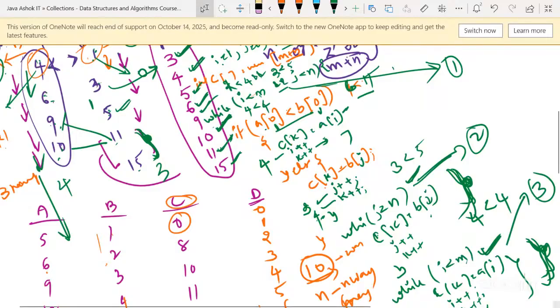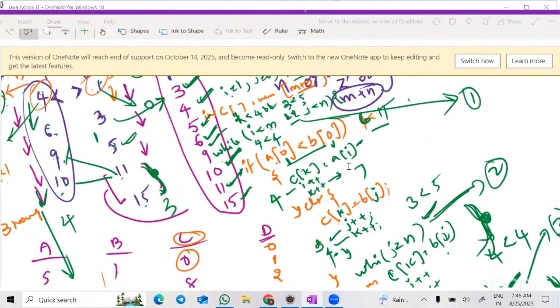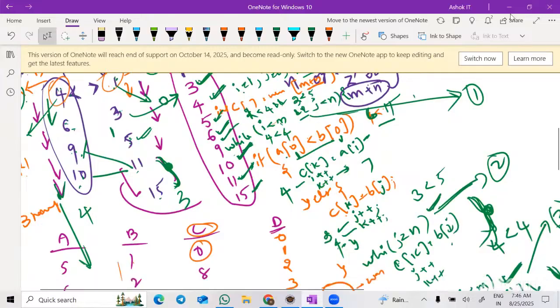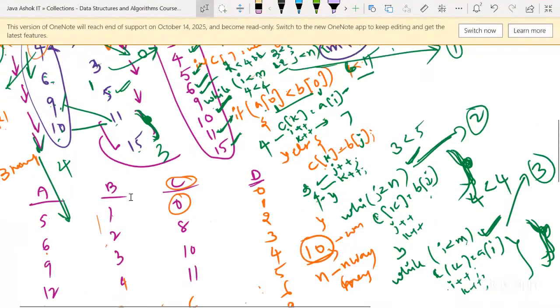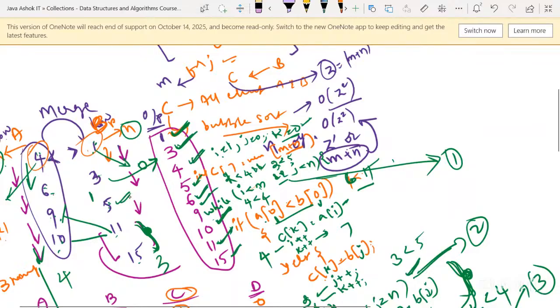True. But sometimes A and B may be equal in length. Let us take, say, 4, 6, 9, 10 and 1, 3, 5, 11. Whenever you compare 9 and 5, you move 5, and then 10 and 11 you compare. 10 you will move, but 11 is still left out, correct? So even though the arrays are equal or bigger,